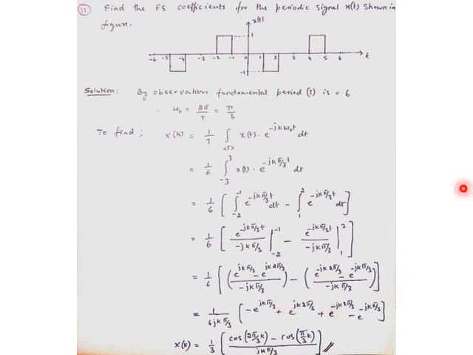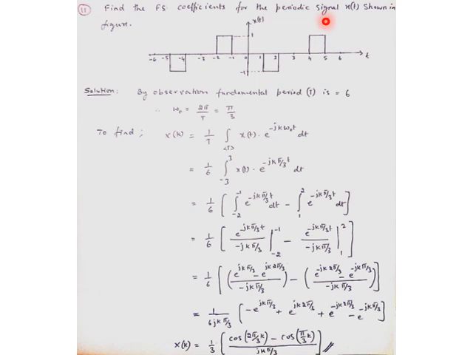So next, one more problem. This is a bit different waveform. Now it looks like a square waveform, but it is again alternately differentiated with respect to the different values. So by looking at this particular condition, the question is to find the Fourier series coefficient for a given periodic signal.